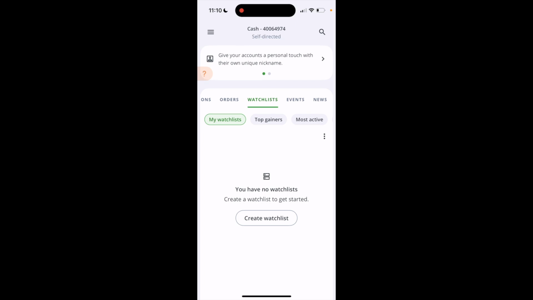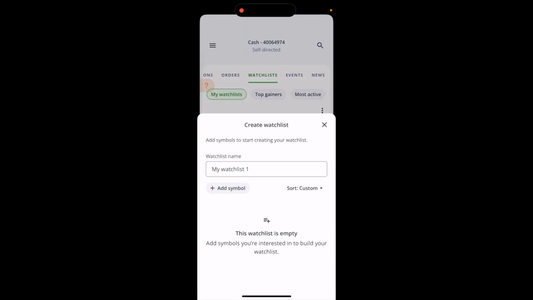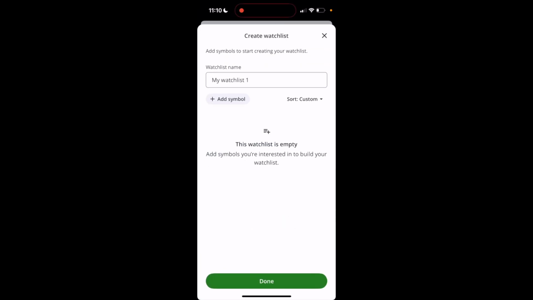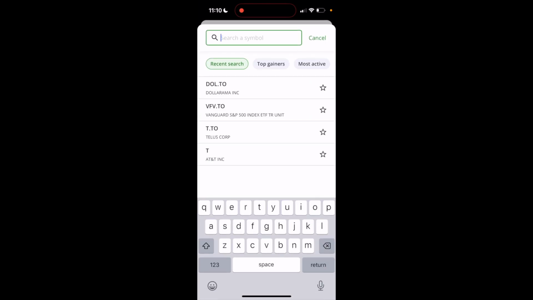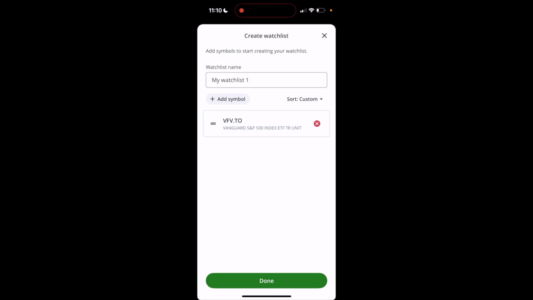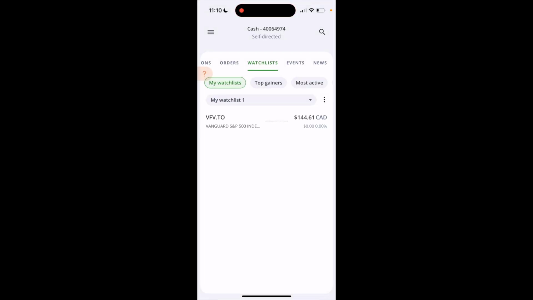Now where it says watch list, I want you to go ahead and press on create watch list, just like this. You can go ahead and name it whatever you want. So my watch list one will be the name right here. You can go ahead and actually add a symbol as well. So if you wanted to add a symbol, we'll type in this one right here, press on the star, then press on done, then press on done, then all of a sudden you've created your watch list here on your